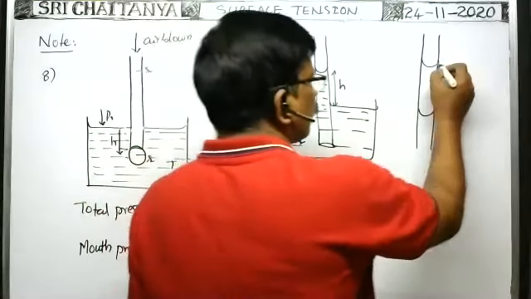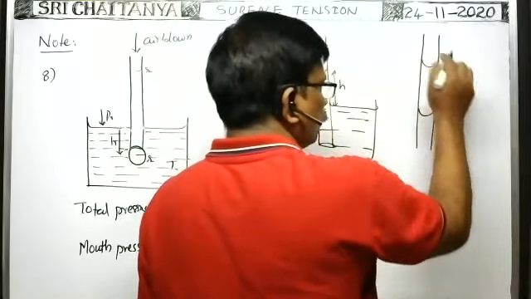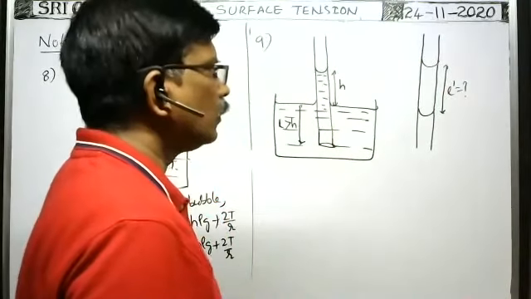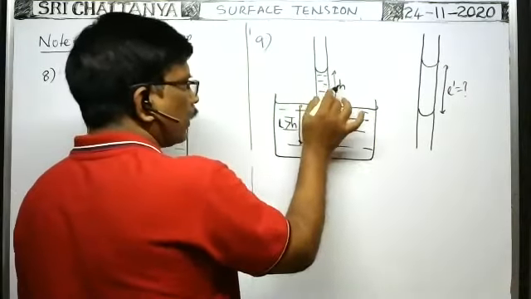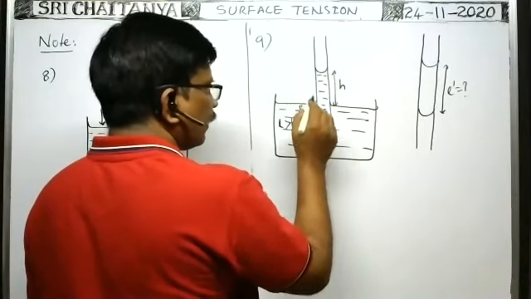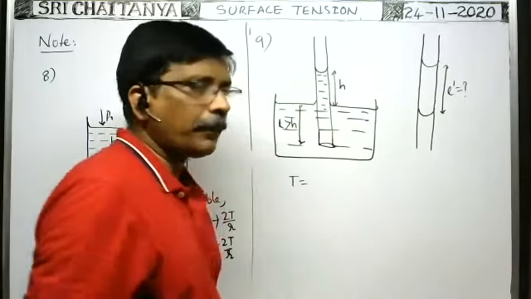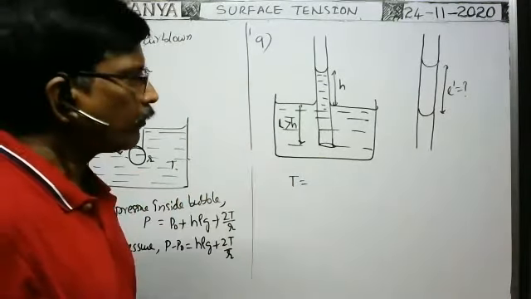Here, what is the length of the liquid column? They asked the length of the liquid column that is held by the tube. L dash is equal to how much? Here, as the capillary rise is small h, if the surface tension of the liquid is capital T, then capital T is equal to, according to the capillary rise method, what is the formula for the surface tension of the liquid in the beaker?